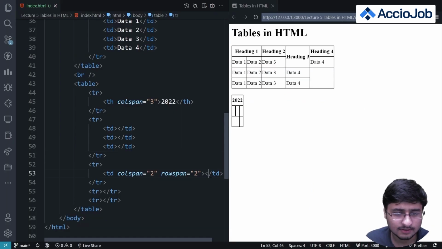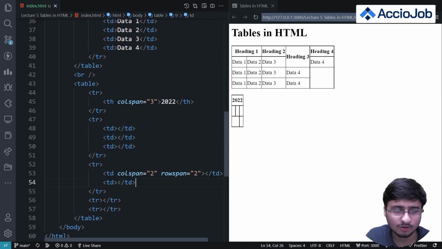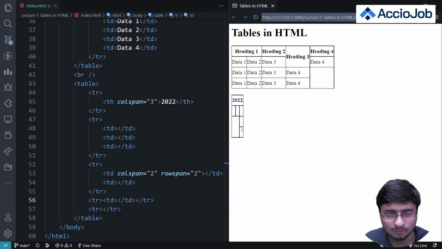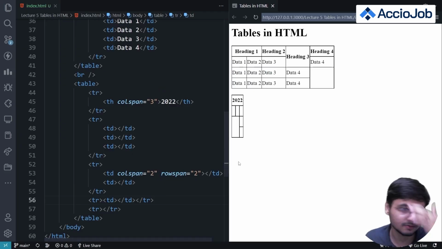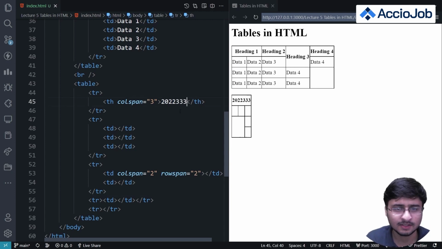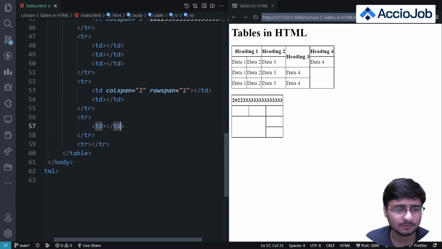So what I'll do is I'll add a table data here, right? And I'll add another table data here, right? Not here, because it's creating another column. What I'll do is in the next table row, I'll just add a table data. So you can see that this is now taking 2 column space, right? And yeah, this is how it is working, right? Just to make things a little bit wider, I'll add some numbers here to make the table clearer. I'm not tampering with the stylings here, just to keep the explanation simple.